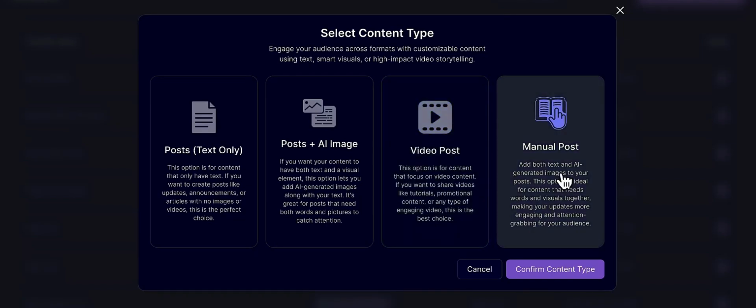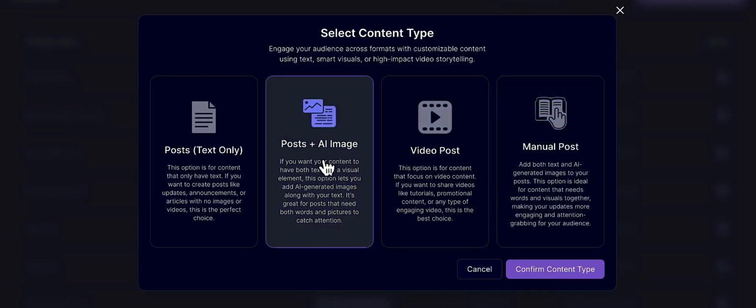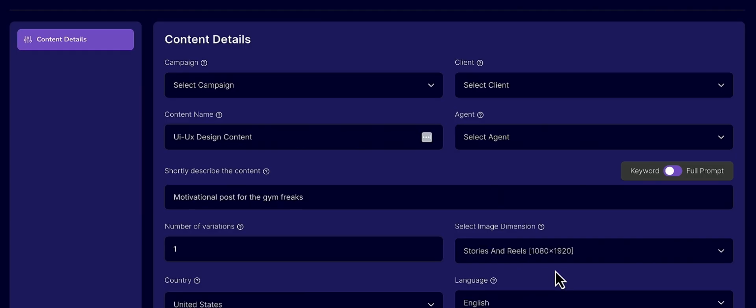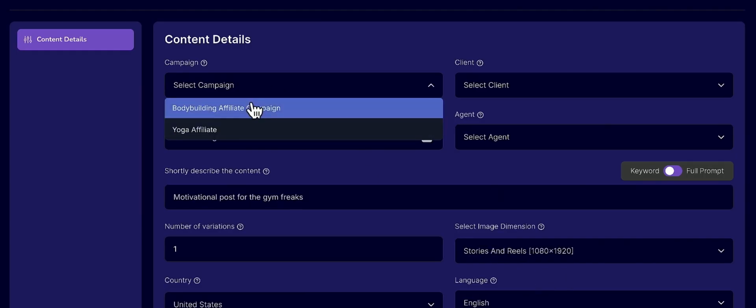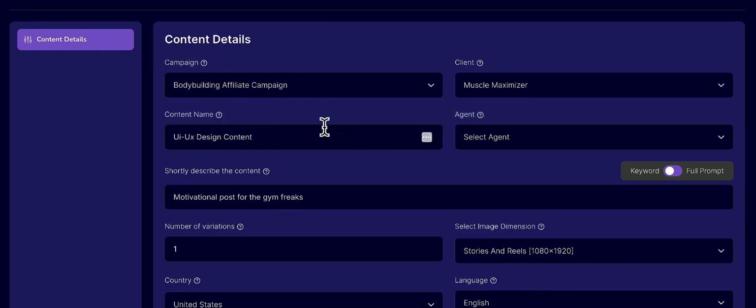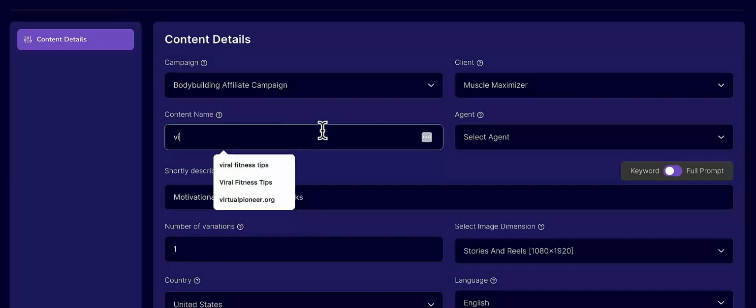Or if we already have a post created that we just want to upload and schedule, like with Buffer or Hootsuite, then we can just select manual post. So for this example, let's go ahead and pick a post with an AI image. We're going to select our campaign, our client, and then